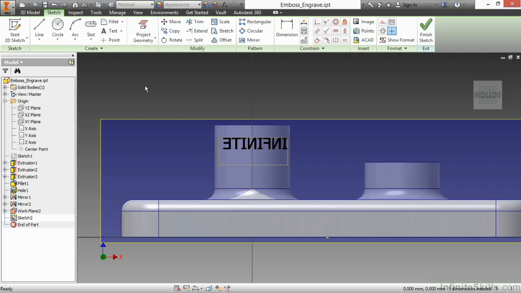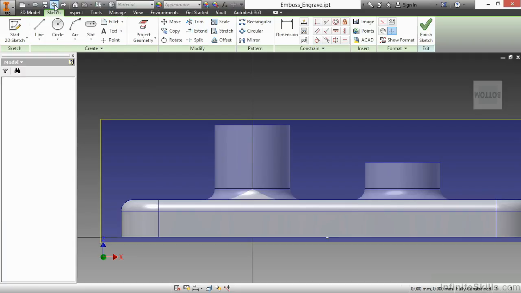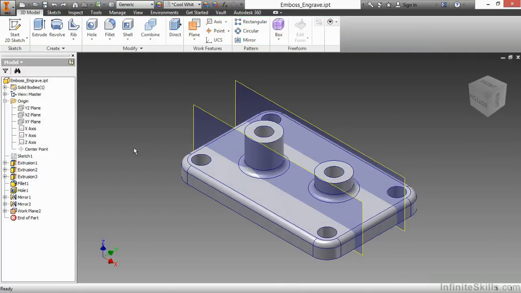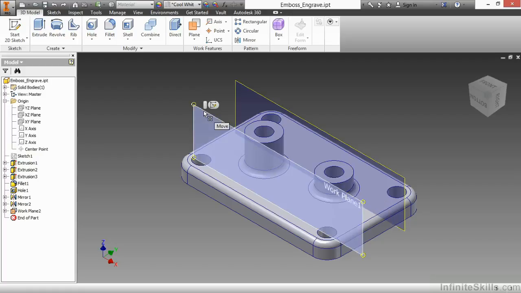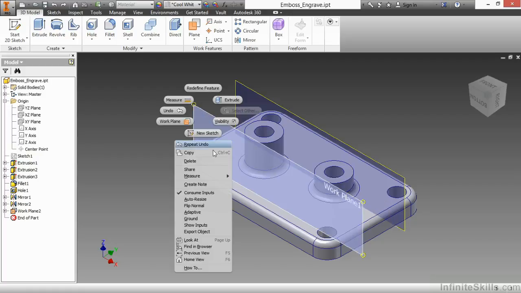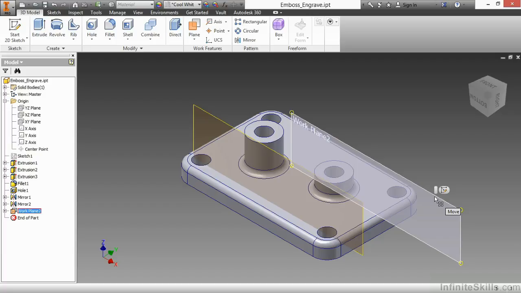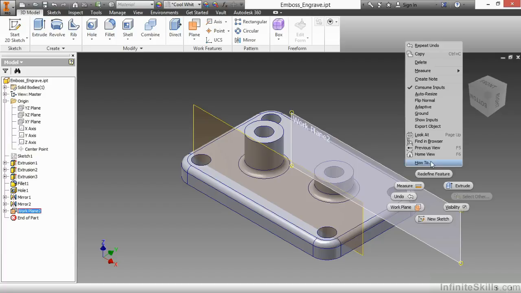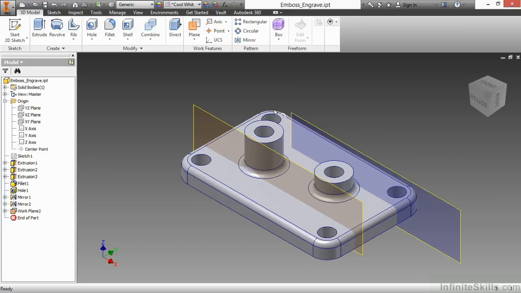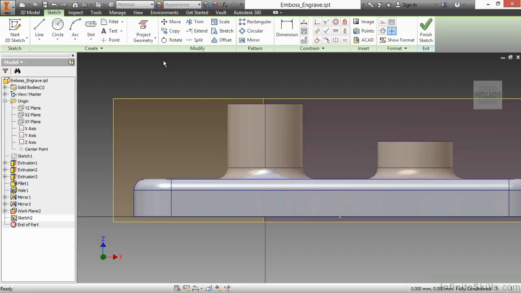I'm going to cancel out of this. I'm going to do a couple undos to get back into part modeling mode. If I select this work plane and then right click on it, there is an option called Flip Normal. This is very crucial when you're using the emboss and engrave commands so that you're drawing on the normal side of the plane. Now, since this one was a child, it also flipped. However, I want that one to remain how it currently was, and this one can be flipped independent of the original. Here I'll begin sketching on this work plane again, drawing the same text box,